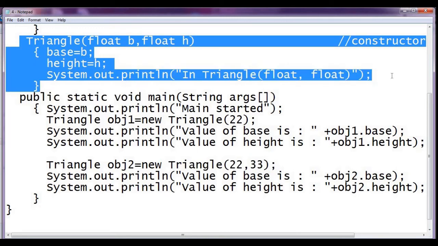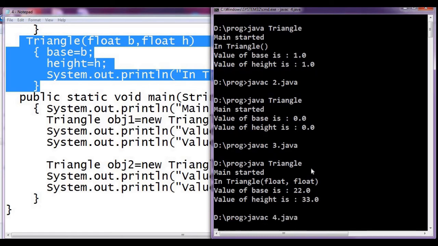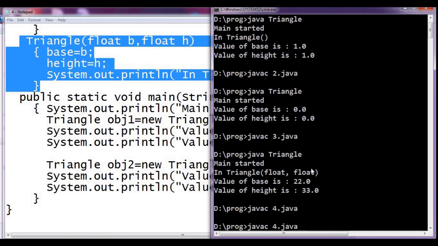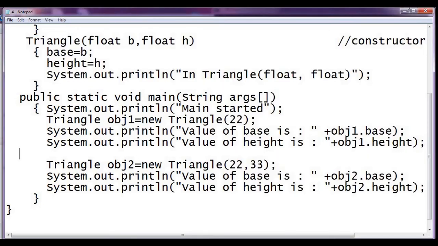So this is basically constructor overloading. Now let us check it. See, here in our first constructor, base has been assigned 22, and in our second constructor, for the second object, 22 and 33 have been assigned.